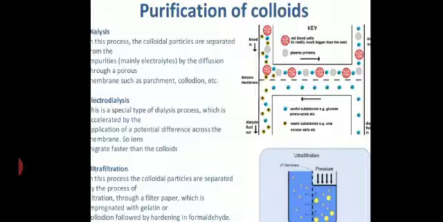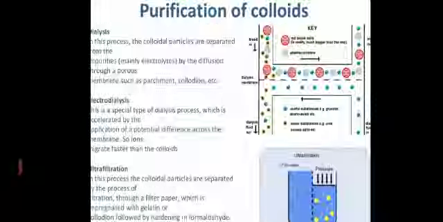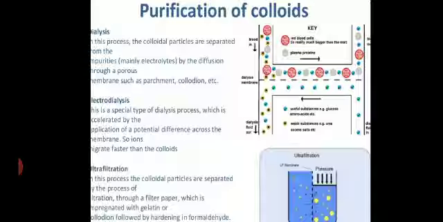In the case of electrodialysis, it is the same process. Now we just immerse the bag and pass electric current through it with the help of electrodes. When you pass electric current, the crystalloids will come out of the parchment paper and get attached to the respective electrode. The positive ions will go to the negative electrode, the negative ions will go to the positive electrode. And what will remain in the bag? Only the colloids will remain in the bag. So this method is called electrodialysis.